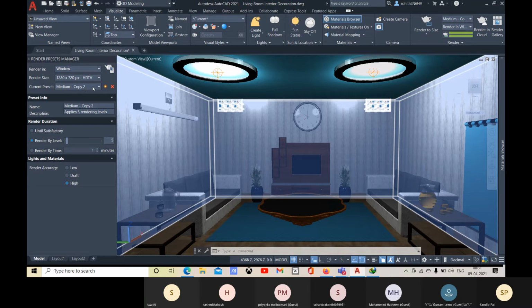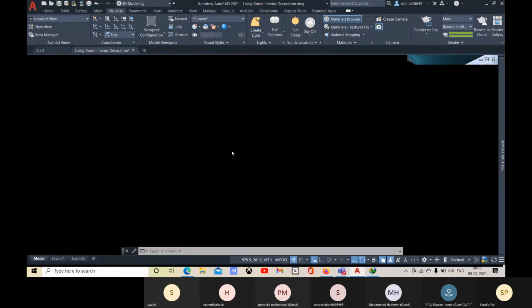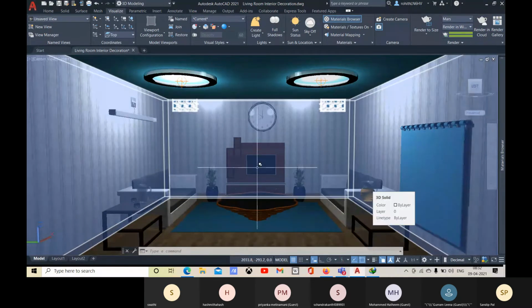So one customized preset is created right now. You can give any other name there, like Mars. Okay, and you can start applying it. Because it is high, it will take much time, so I'm not going to do that. It will unnecessarily take lots of time.